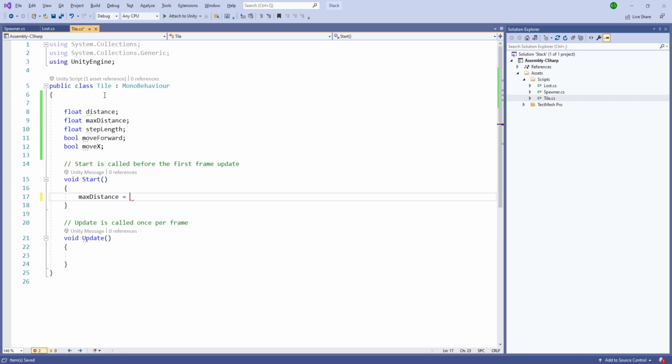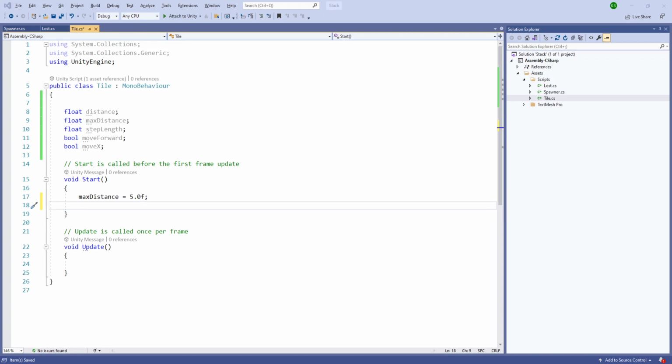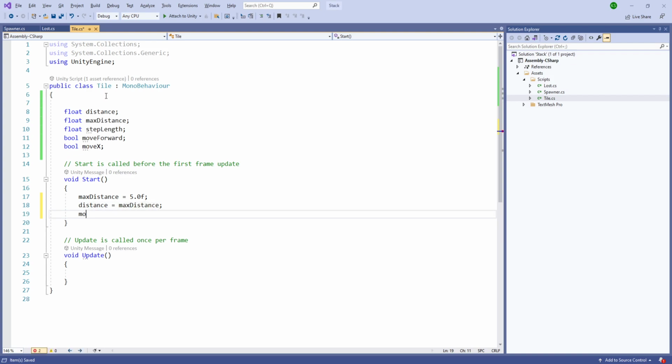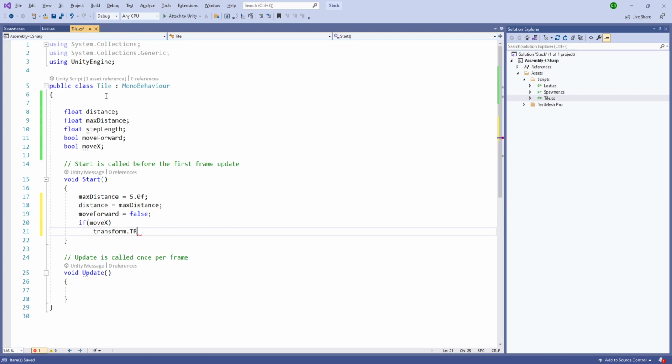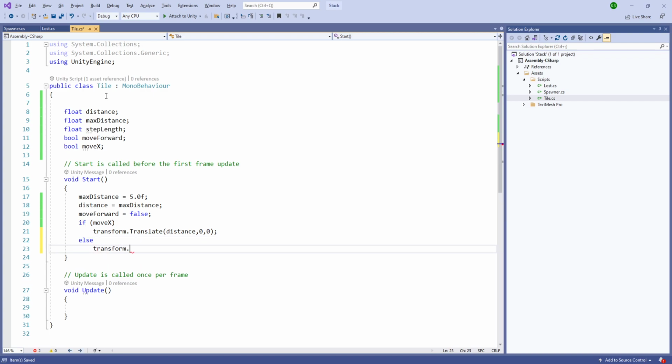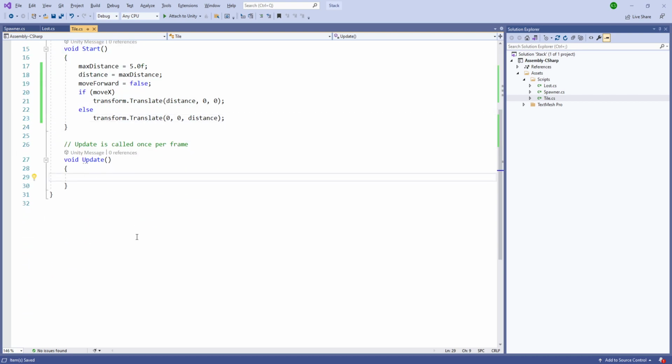So let's set it up, going to 5.5, distance going to be maximum distance, and afterwards forwards going to be false. If we are in the x, we'll do transform.translate, which will translate those, and else we'll do transform.translate 0, 0, distance, so it moves towards the edge. And similarly, inside the update function,